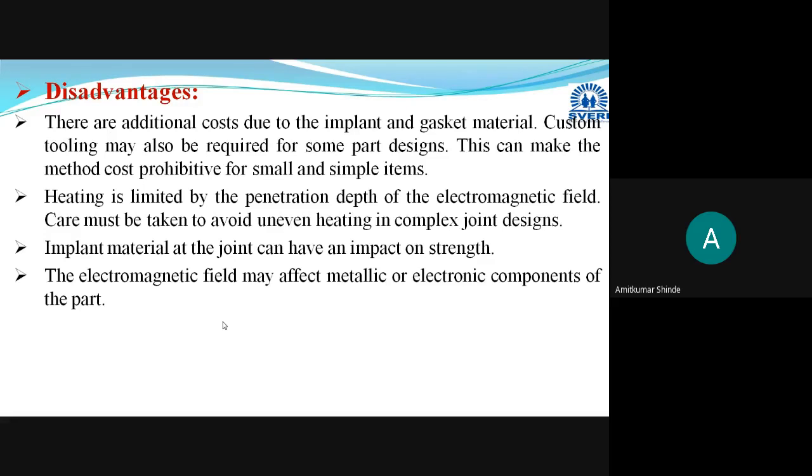And if your component has a very complex shape, then uneven heating may occur. Eddy currents are generated and they flow through the material by skin effect, and due to that the depth of penetration is limited. If the shape of your component to be joined is very complex, uneven heating may occur.